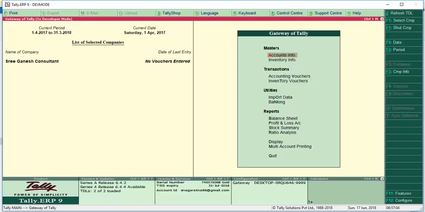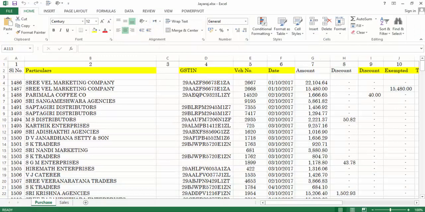Excel to Tally. We have a company called Sri Ganesh Consultant. They import the sales transactions and purchase transactions into Tally from the Excel sheet. This is the Excel sheet which contains the